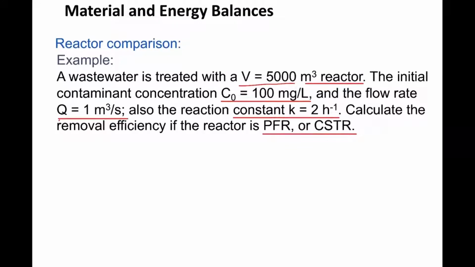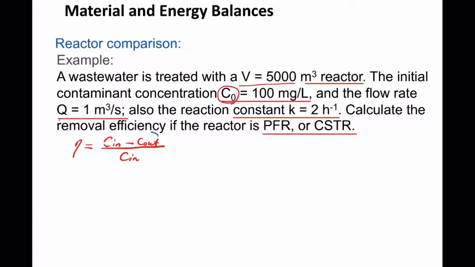So the removal efficiency, as we introduced before, is C in minus C out divided by C in, right? For this problem, it provides us with the C in already. This is the initial concentration. And then to solve for this efficiency, we just need to find out what the C out is. So if you already know the equations, we can find that for the PFR,